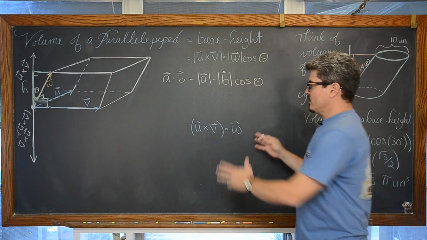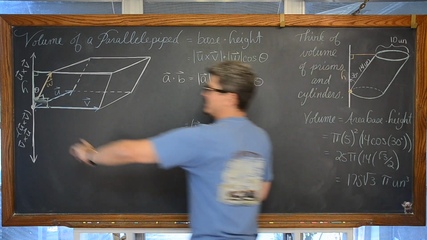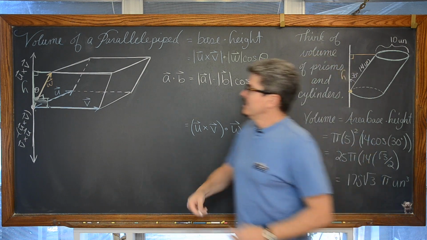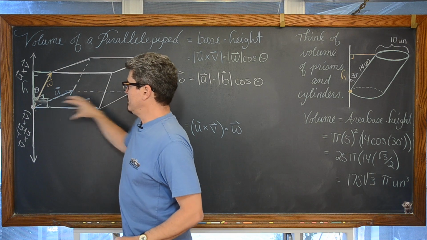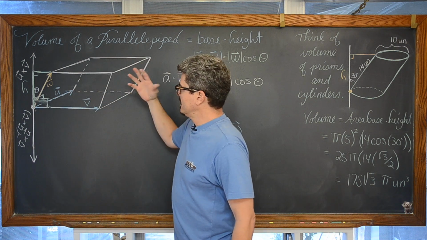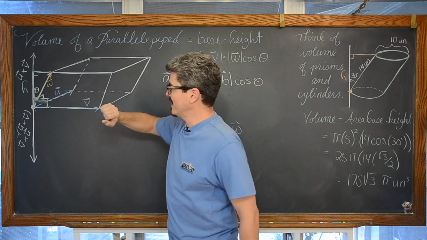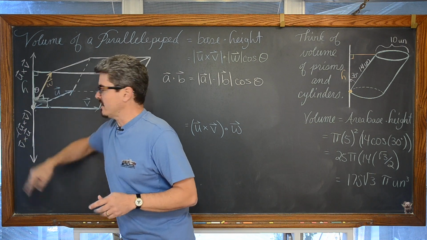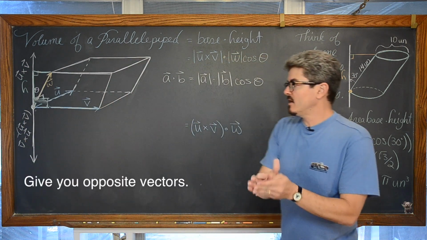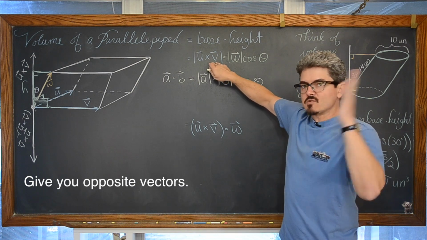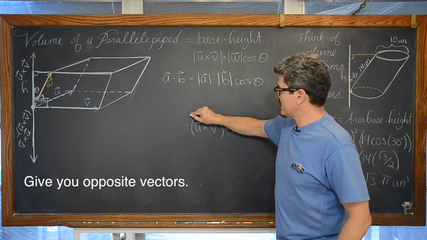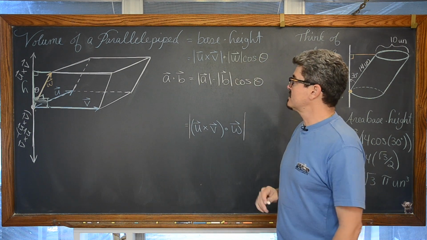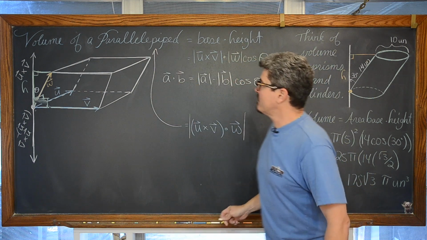Now, your book may have a little footnote that we do something else when this angle theta is obtuse, and other books may just say, if you look at these vectors which are defining the base of this parallelogram, the order in which you do that vector cross product is going to change just the sign of your answer. Originally we just wanted the magnitude of that cross product, so we're going to take the absolute value of this to make sure that our volume comes out positive, and this is your formula for finding the volume of a parallelepiped.